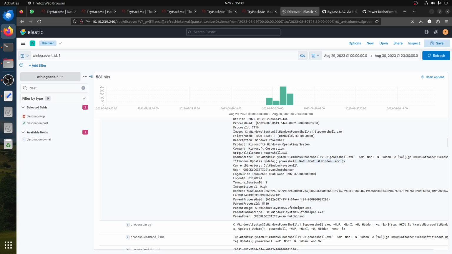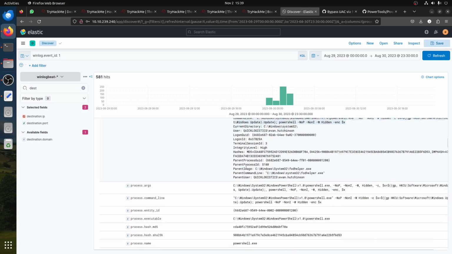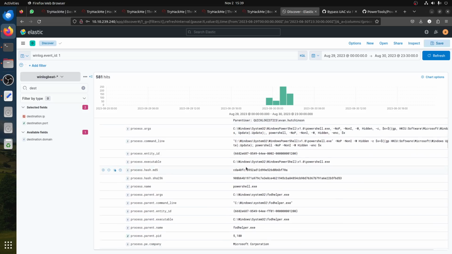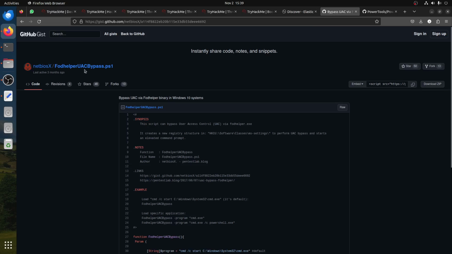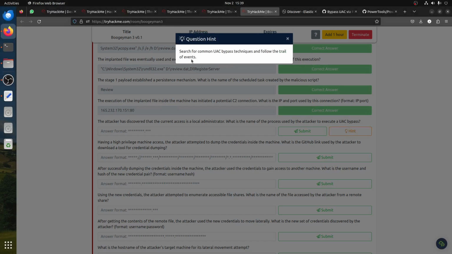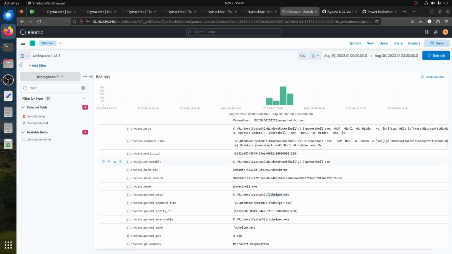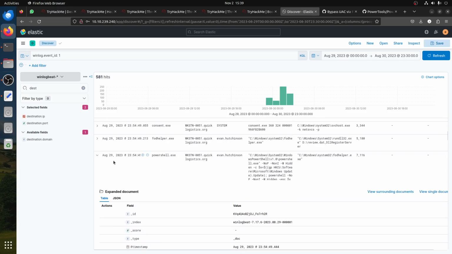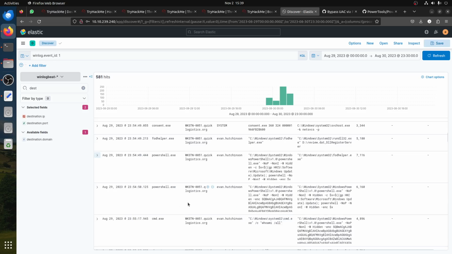I don't know what the hell, but if you search now fodhelper.exe, you find it here. Fodhelper UAC bypass PS1. That is the before compiling. That's the fodhelper UAC. So basically, that's the hint. He said search for common UAC bypass technique and follow the trail of the event. So basically, this is our